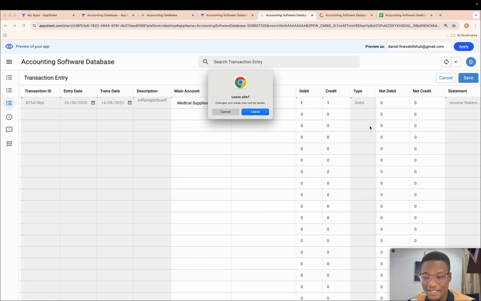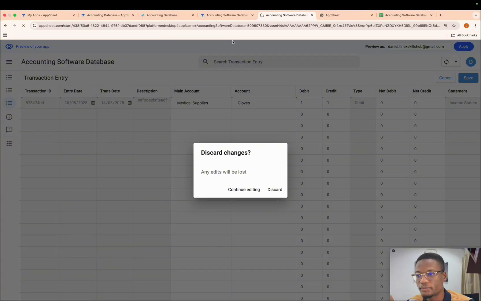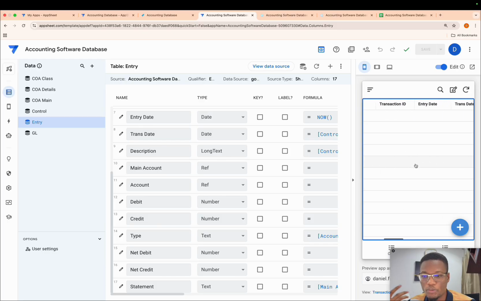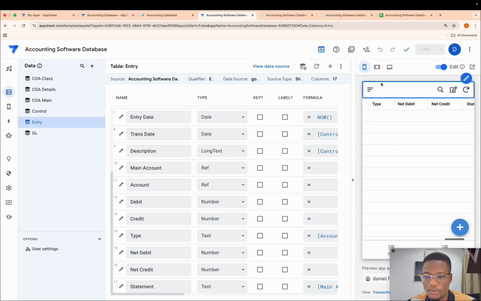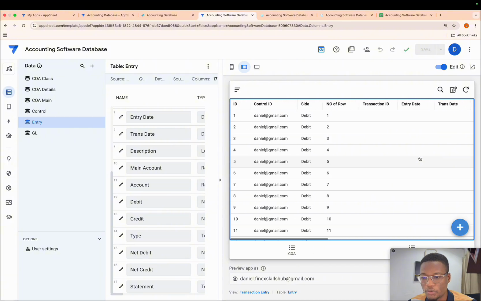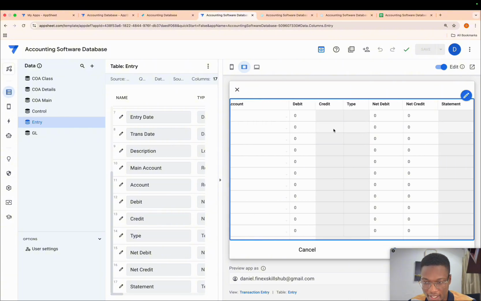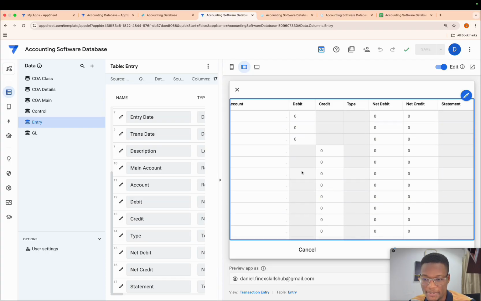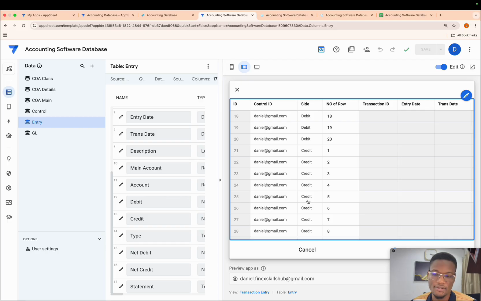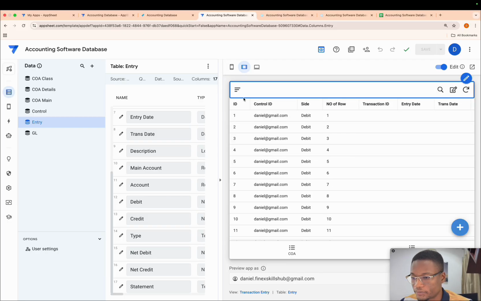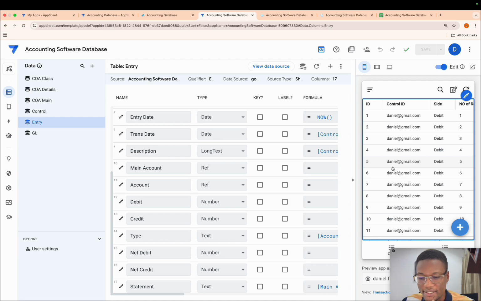So what this means is that if the side is not equal to credit, the credit column will not be available to edit. Let me do this, and then I'm going to click the edit pens over here. Then you see that over here, the credits cannot be edited, right? When you scroll down, you see the debits cannot be edited when it's credit. You get it? Good. So that is how that is done. So we have all these things done.